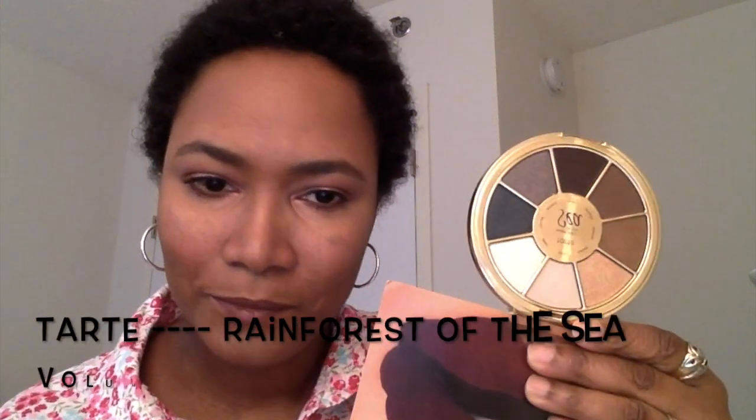Another palette that I got from Boxycharm is this Tarte Rainforest of the Sea Volume 2 palette. This is one of the more recent ones that I got, and this is what that looks like. Very nice palette, another neutral palette. I think you only get one matte in this palette, I think the only matte is this one right here, and all the other ones are obviously shimmery shadows, but